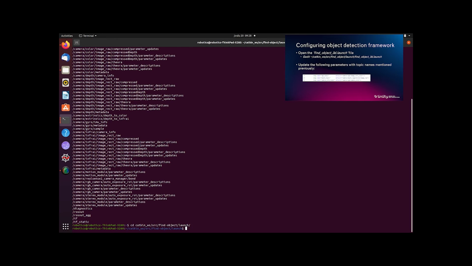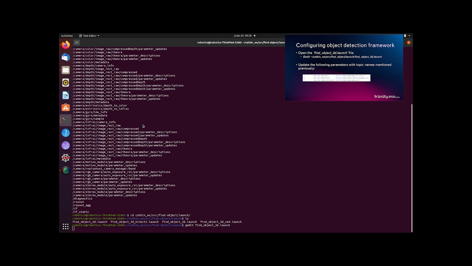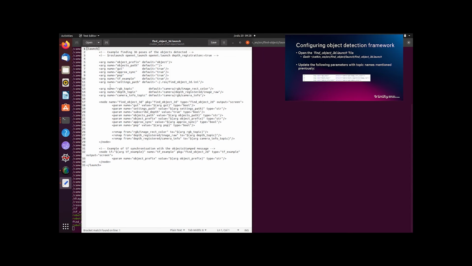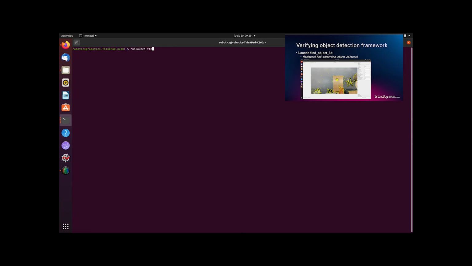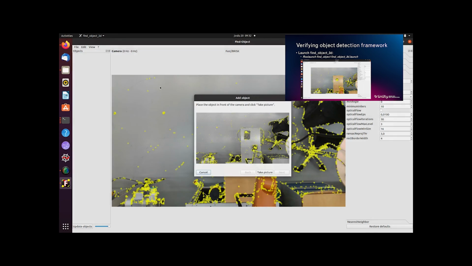And then we're going to open the find object 3D launch file and actually specify the topics that we're going to be using in the find object framework. So we're just going to open that. And then we can see that here we have the arguments for RGB depth topics and camera info topics. So we're just going to paste the topics here that we previously took note of. So once that's done, we can go ahead and with the RealSense 2 camera driver still running, we can go ahead and launch our find object 3D